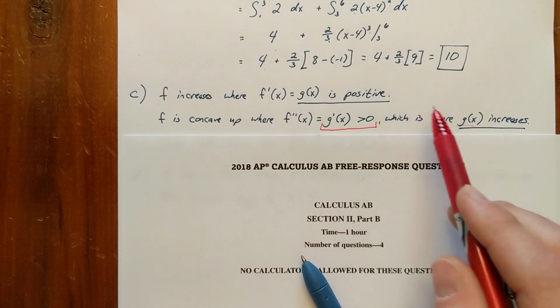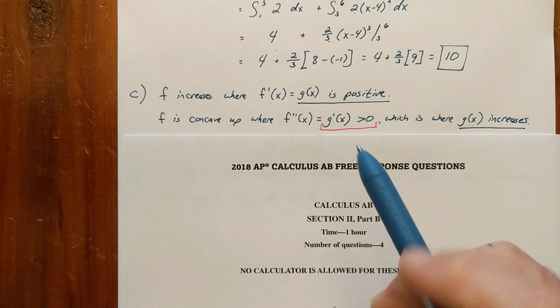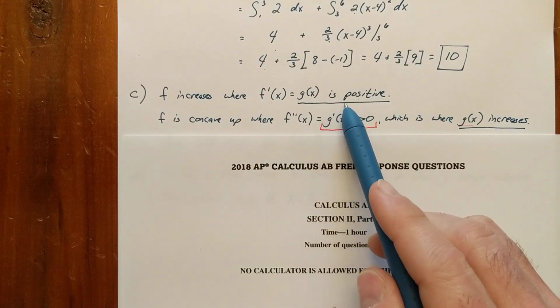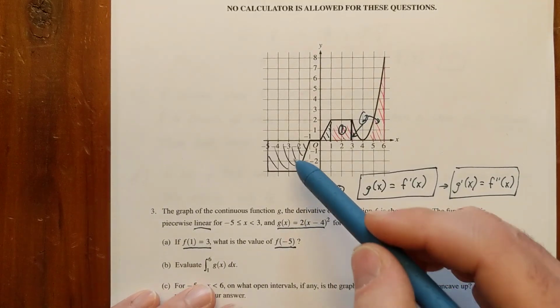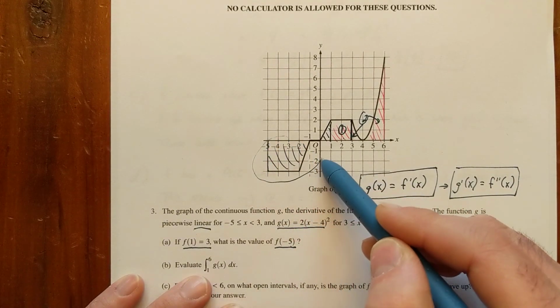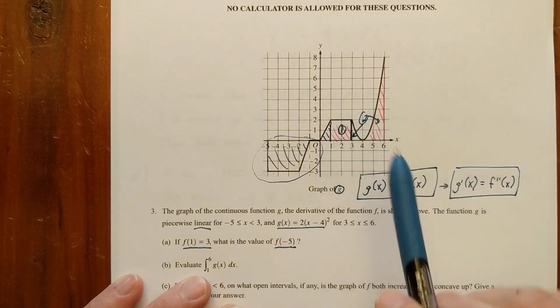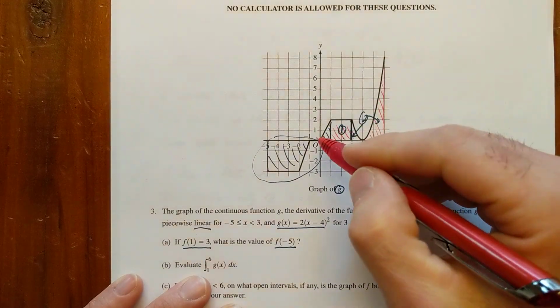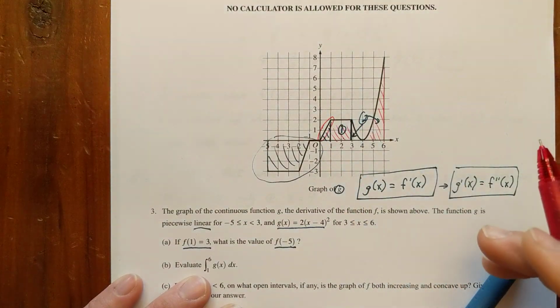The derivative of g is positive where the original function, g itself, increases. So these two things that I've underlined here are the important things that I'm looking for. I want to find regions on this graph, intervals, where g of x, the graph we were given, is both positive and increasing. So what do we see right here? In this whole chunk over here, g of x is not positive, it's below the x-axis. But right over here, we have an interval from 0 to 1 where the function is positive, above the x-axis,